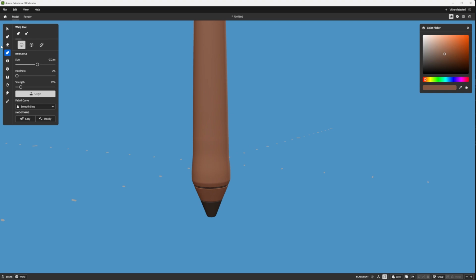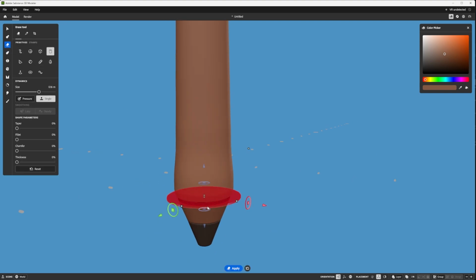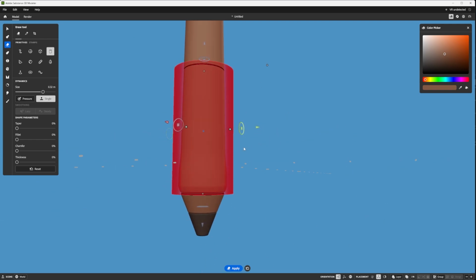I'm going to get back to my cutting mode. And now where I'm going to cut is there. There is a part for the grip. So getting from